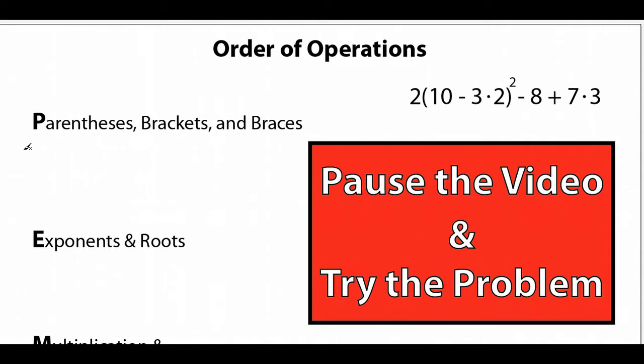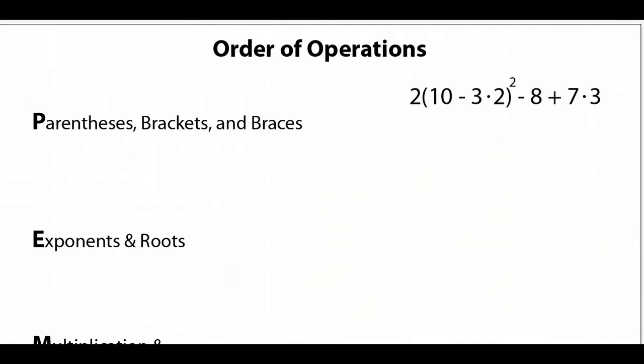All right, so let's go ahead and start by getting rid of that. All right. So let's take a look. We need to start with our parentheses. And so let's take a look inside here. It says that we have to take 10 minus 3 times 2. And really what we have is this micro problem in here, and so we basically need to start over